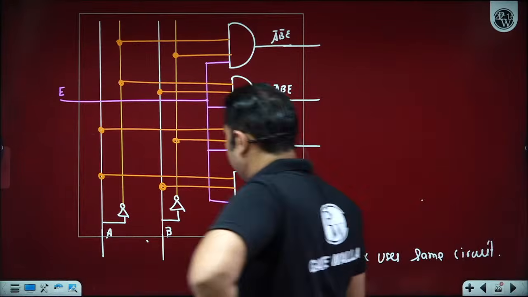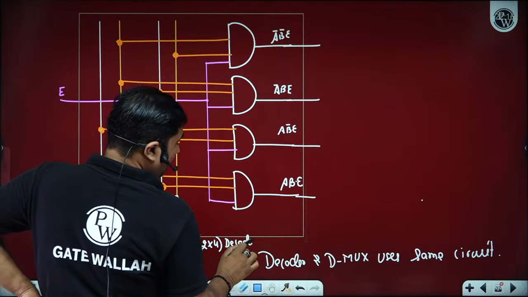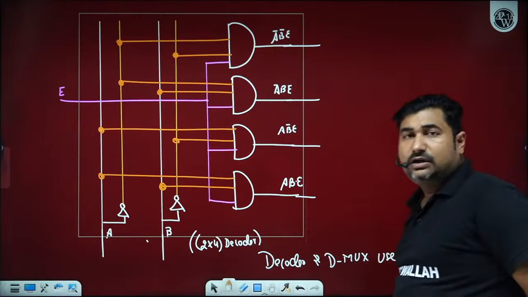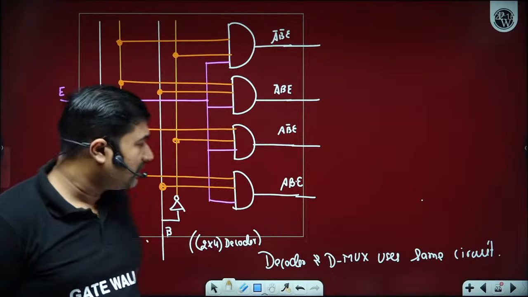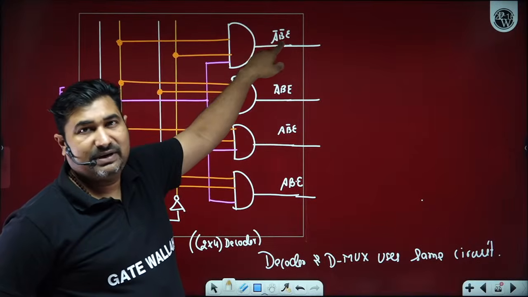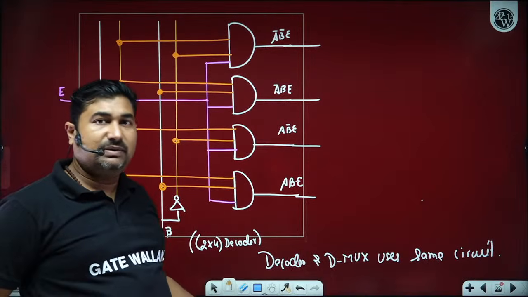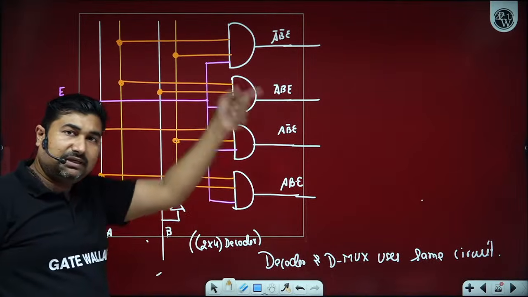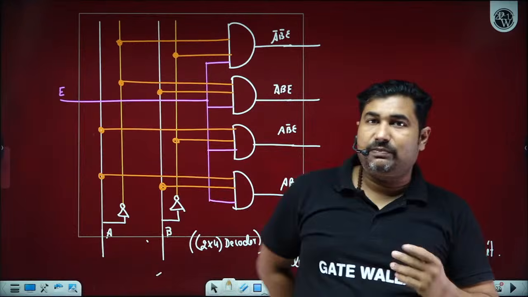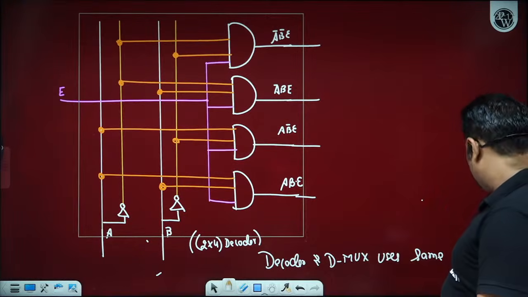So we have the 2 cross 4 decoder now. Is it okay? Can you design a 3 cross 8 decoder? Yes, sir. We have 3 input lines. If you observe, we have the min terms A bar B and enable. In terms of AB, we have all the min terms of AB. So if we have ABC, we have all the min terms of ABC, 0 to 7, and one enable is also there. The purpose of enable is to either activate or keep disabled all the AND gates of the decoder. Is it okay?